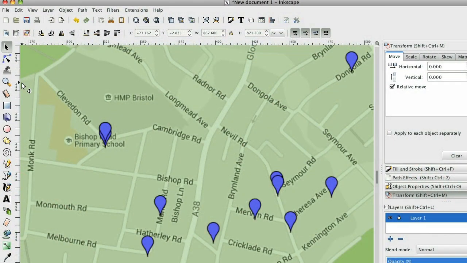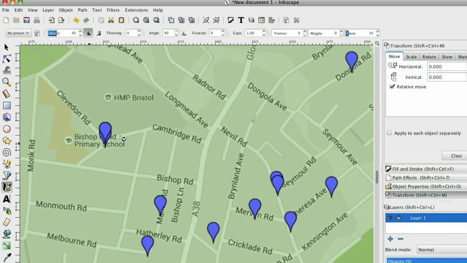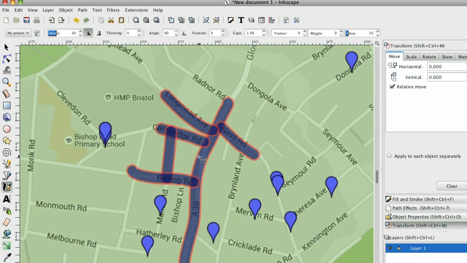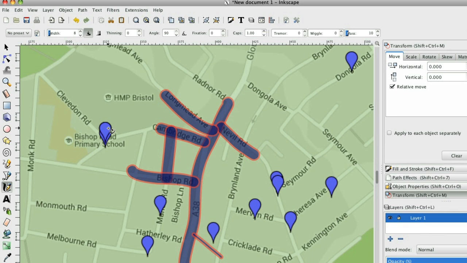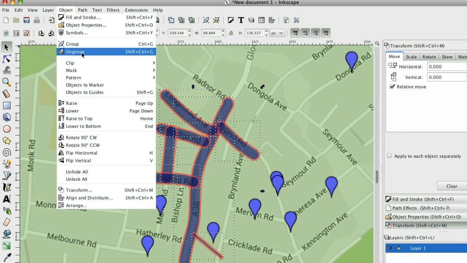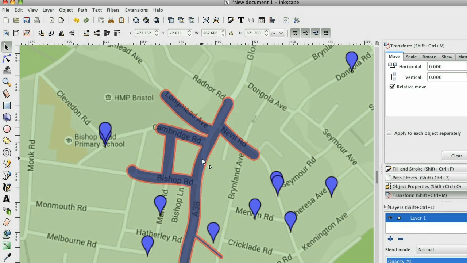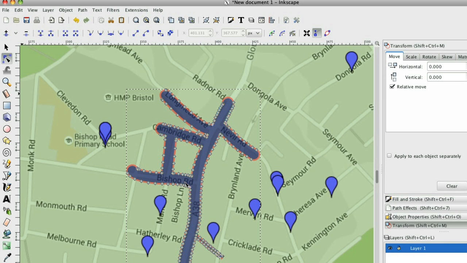The two ways of drawing the roads are either drawing a shape, like this for instance. I'm doing these roads extra thick because I want to fit the text on them, and I can draw more shapes along here on top of each other, like that. I can change the width if I want it to have a narrow road, and I can select all of those and do path union. That's joined them all together. But if we look at how that's constructed,